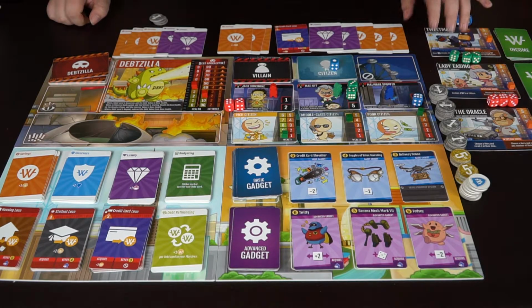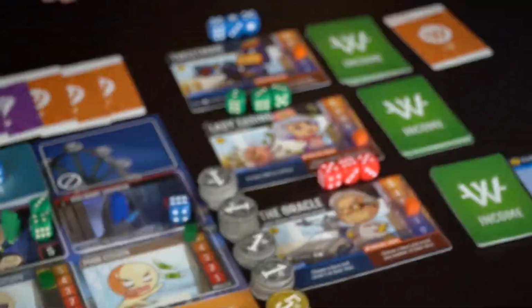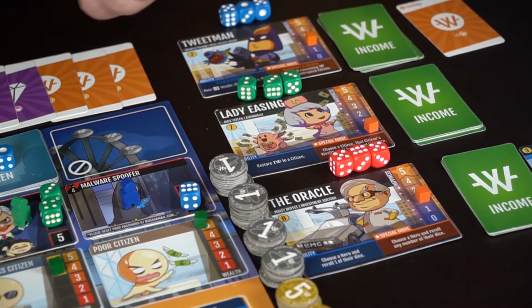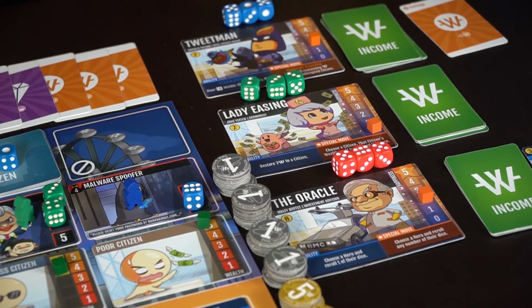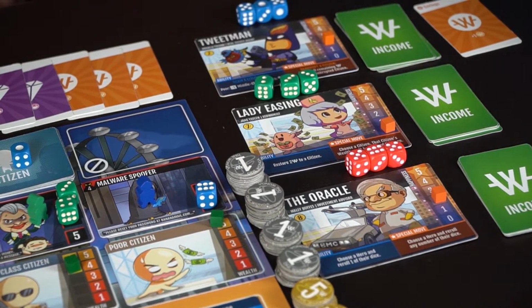All right. We've got the Tweetman's ability to scam a citizen. That's not really going to help us right now. We have Lady Easing's ability to add $2 to a scammed citizen. That's useful, but not right now. And we have choose a hero and re-roll 1 of their dice. That's useful. So I think I'm going to...